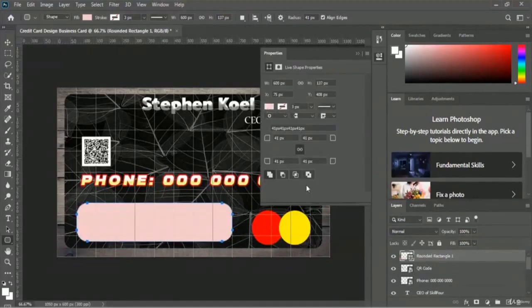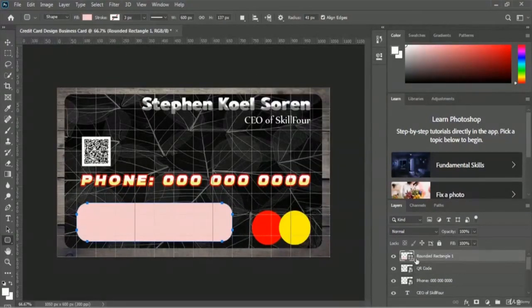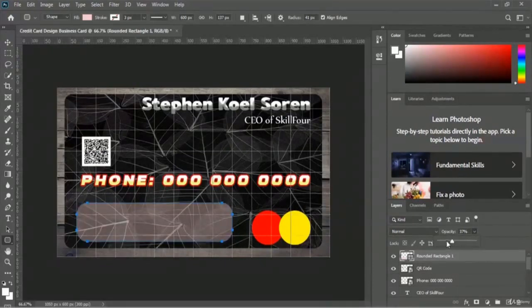Okay, looks good, and I want to reduce the opacity of this rounded rectangle shape. I want to put 25%. Okay, and I want to rename this layer name. I want to write this layer name address bar instead of a rounded rectangle one. So you just have to double click on here, and let me write the name